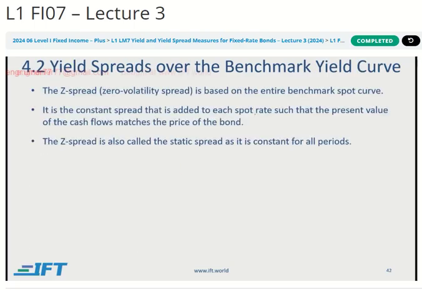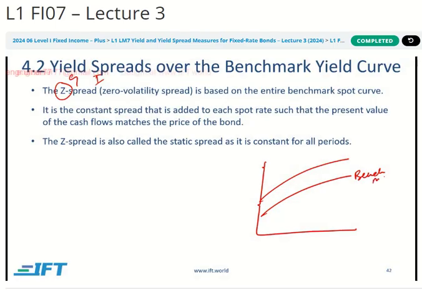Now, guys, these spreads, they are using this word Z, right? Which is obviously not G, it's not I. So again, Z spread can be G, it can be I. It really depends on what the benchmark is, right? If your benchmark is the government, then obviously your Z spread will be called the G spread, right? If it's the interbank rate, it will be the I spread.